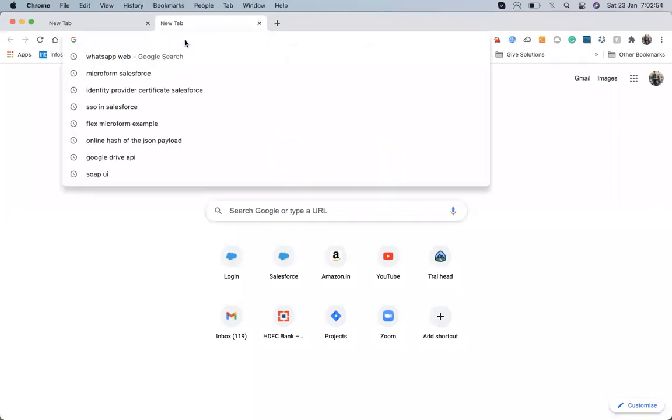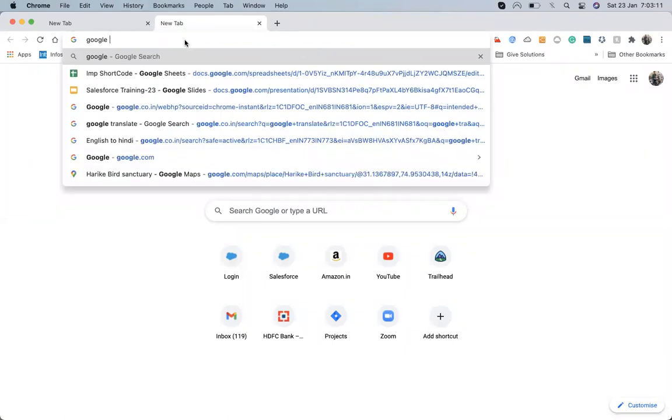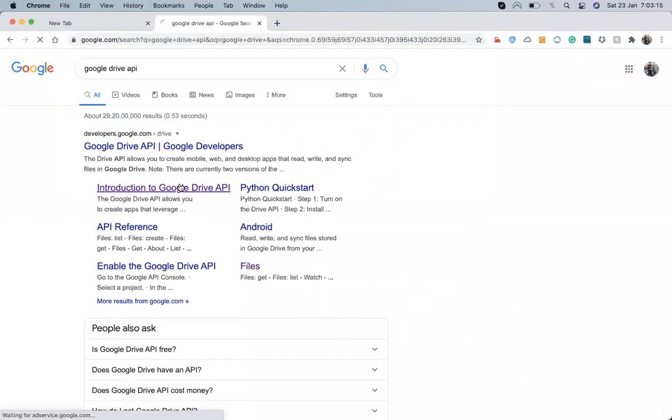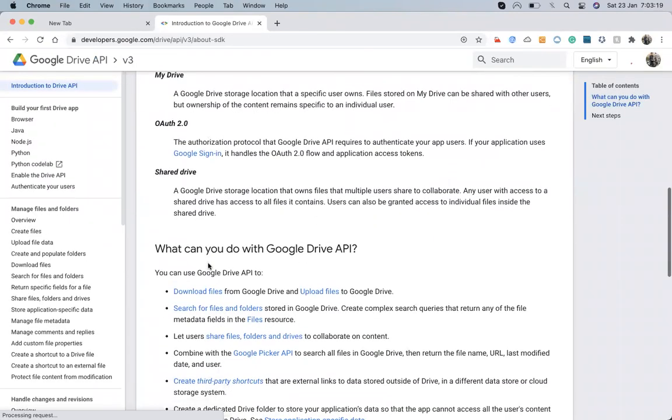Okay, yesterday we were about to learn how to make an integration with the Google API. For that, Google Drive. Since we are going to do something like that, we need to make an integration.